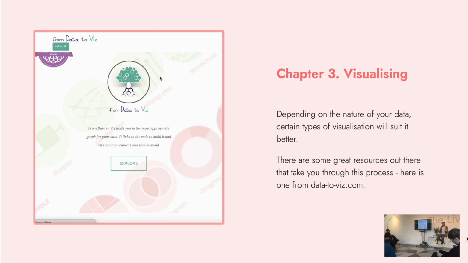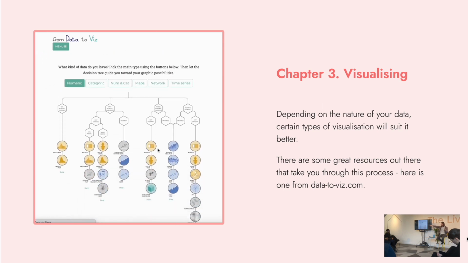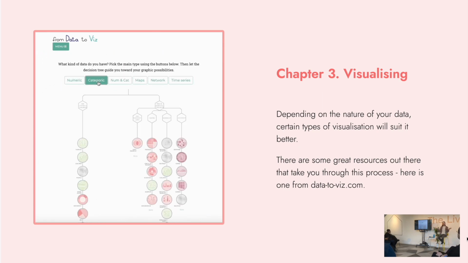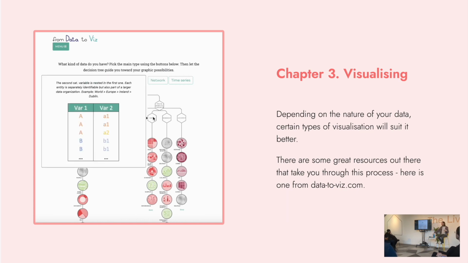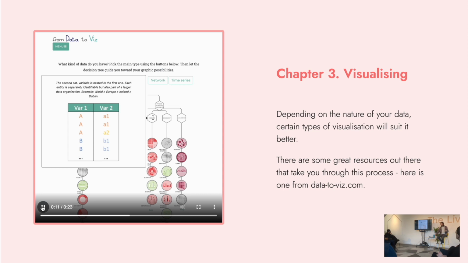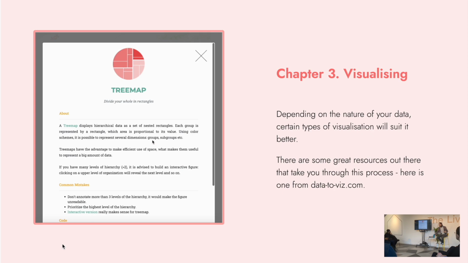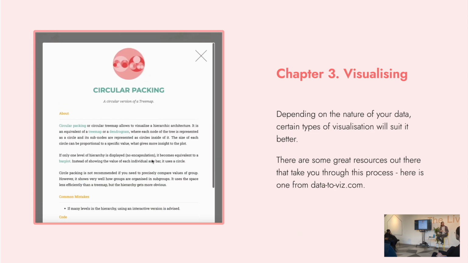This is an example of categorical data where I've got A's, B's, and C's. So this would be like counties, for example. Or you might say, I've got some categorical information and some numerical information. I've got counties and I've got vacancy rates. And it tells you through this little tree what different visualizations it recommends you use for that particular example. It's a really nice way to instantly rule out lots of different things,